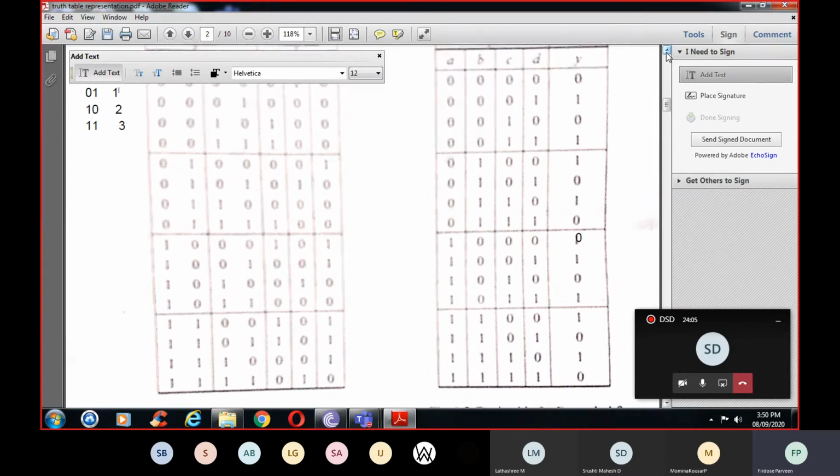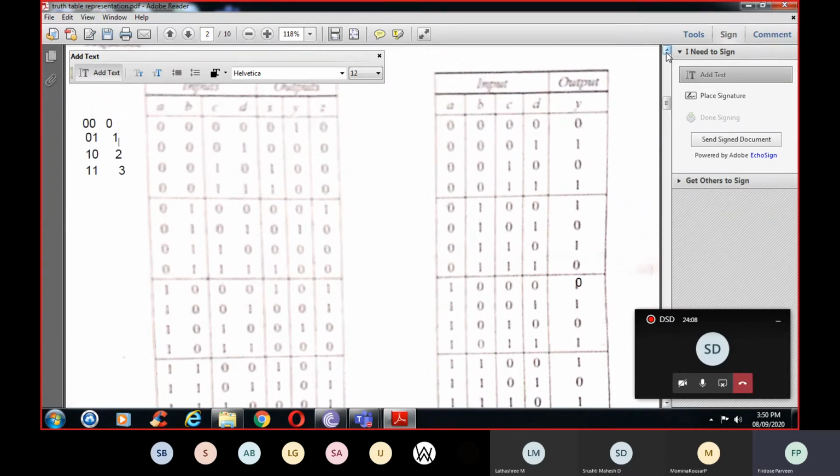There are 4 bits. So 4 bits means you'll be having 16 combinations, that is from 0 till 15. Now this AB is one number, and CD is one number. So you write down all the combinations from 0 till 15. As I've told here, 0, 0 means 0, 0, 1 means 1, 1, 0 means 2, 1, 1 means 3. After writing the combination, now you add and see.